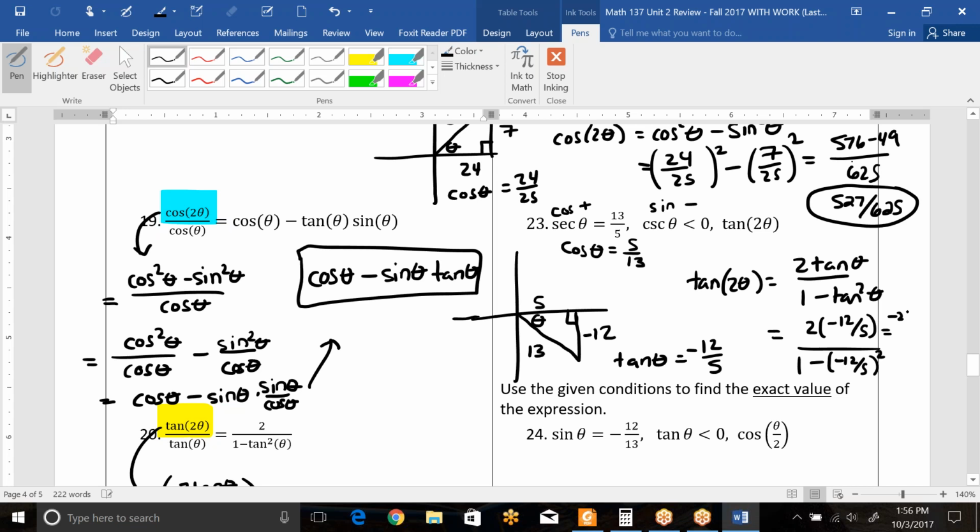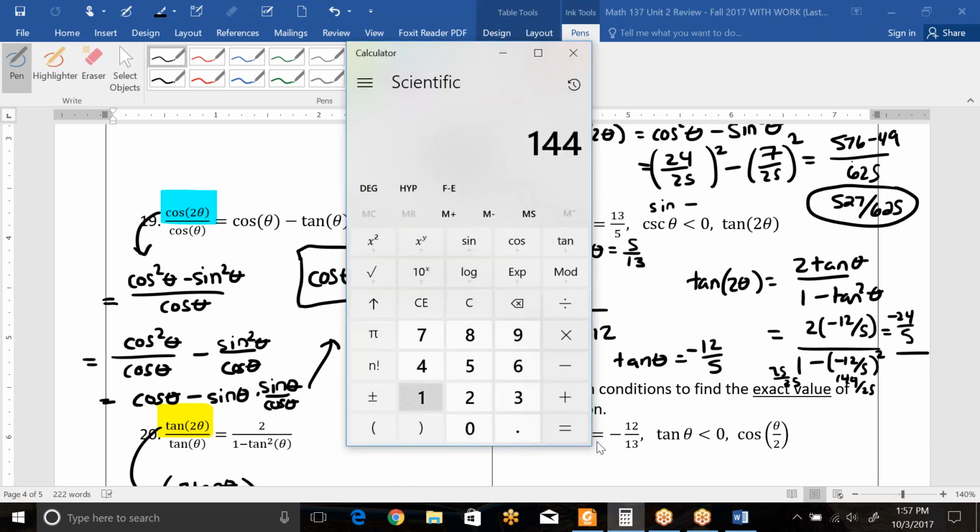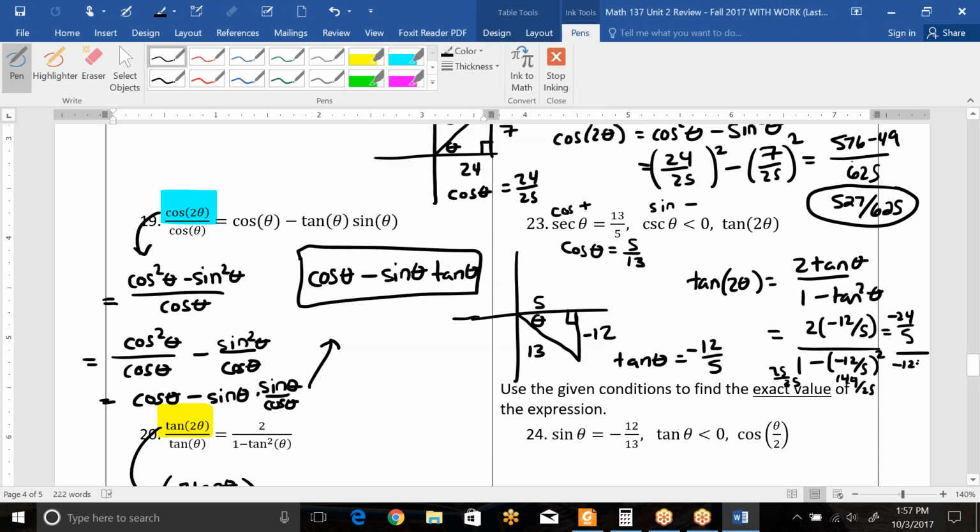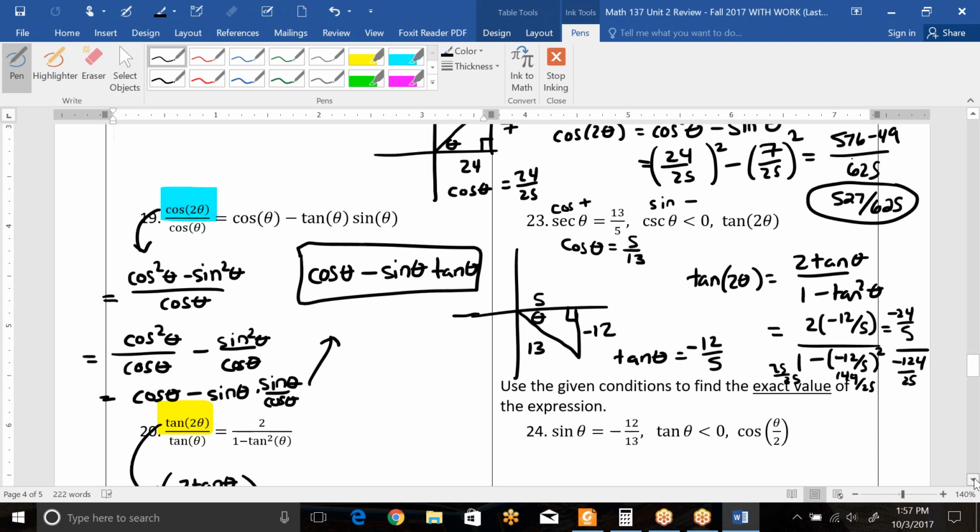That is negative 24 over 5. And this would be 144 over 25, and then that's minus that. So that's 25 over 25 minus 149 over 25. 25 minus 149 is negative 124 over 25. And then I'm going to have to